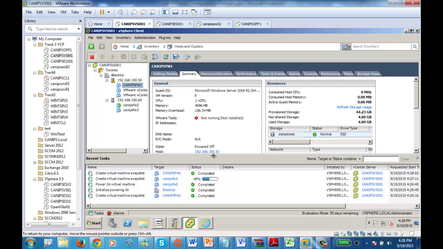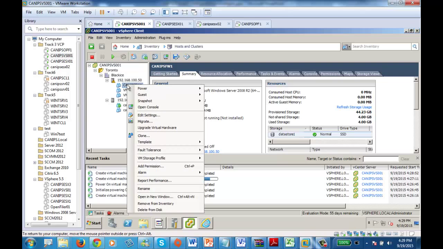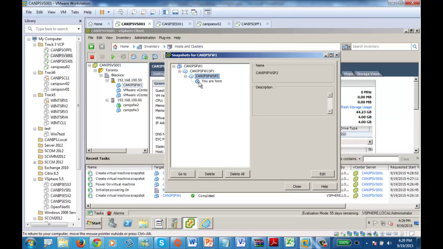So now you took two snapshots in a period of, let's say, 1 or 2 minutes. In order to see those snapshots, we can right click on that VM, go to Snapshot, and go to Snapshot Manager. Now in Snapshot Manager, it shows me two different snapshots. There is the original machine,